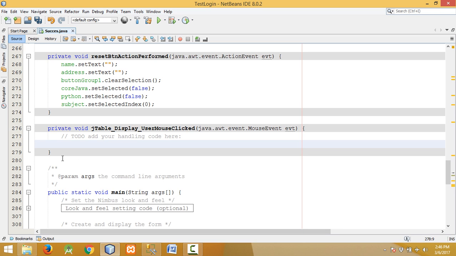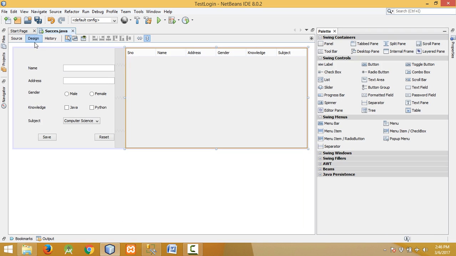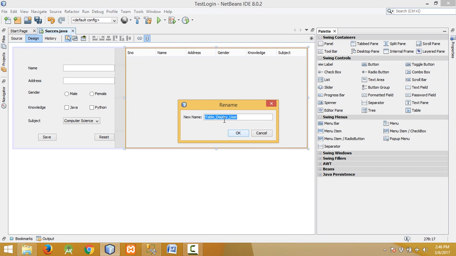First of all, we have to get the index from the selected row and store it in a variable. For example, I will be using integer variable int i equals to the name of our table, JTable underscore display underscore user.